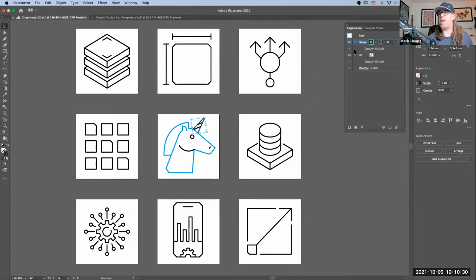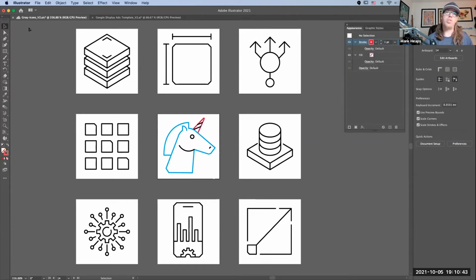I'm guessing that you can't see it, but let's do a yellow. Oh, that's obnoxious. You can't see that at all. All right, let's pick red. That'll stand out more. So you can see I've got different stroke colors, but you may also see up here